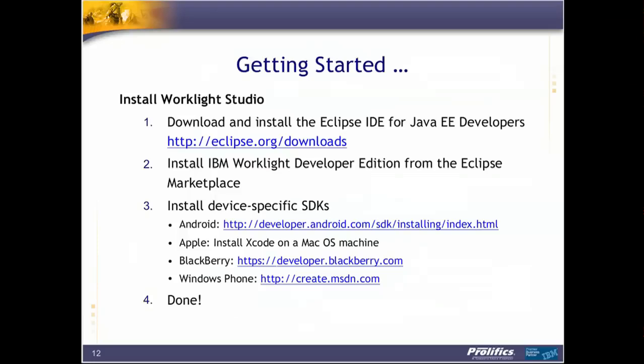You can go to eclipse.org to their download site and download the most recent version of Eclipse IDE for Java EE developers. You can also go back a version too, so if you already have an Eclipse environment, you can actually put Worklight probably on top of what you're already running. From there, within Eclipse, you can go to the Eclipse Marketplace and just do a search for Worklight, and you'll find the IBM Worklight Developer Edition, and you can just install it right there in the Marketplace without any additional work on your side. And then finally, depending on which devices you're working, you'll want to install the Android SDK,